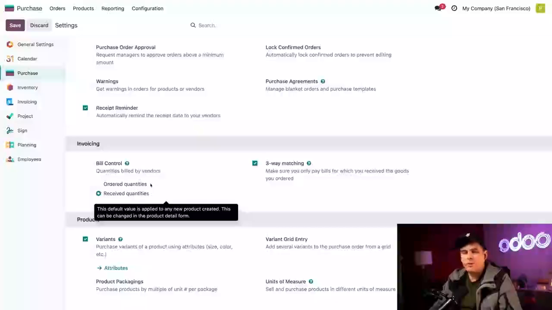Então, selecionando as quantidades solicitadas. Vou me livrar disso bem rápido. As quantidades solicitadas ali significam que podemos criar uma fatura assim que o pedido de compra for confirmado. Hoje, teremos as quantidades recebidas selecionadas aqui. Isso significa que, quando pedimos produtos, o Odoo só nos permitirá criar uma fatura depois de recebermos pelo menos parte